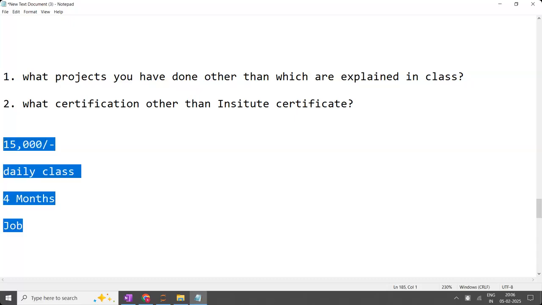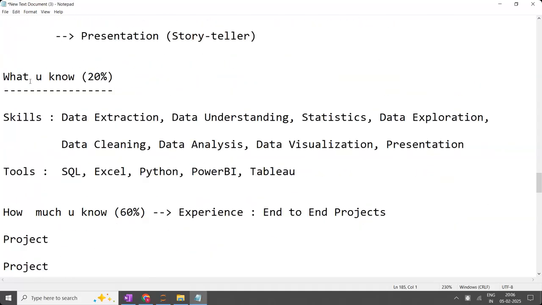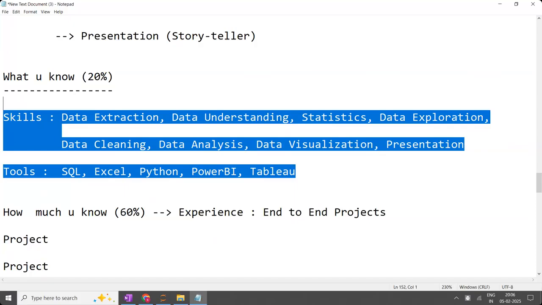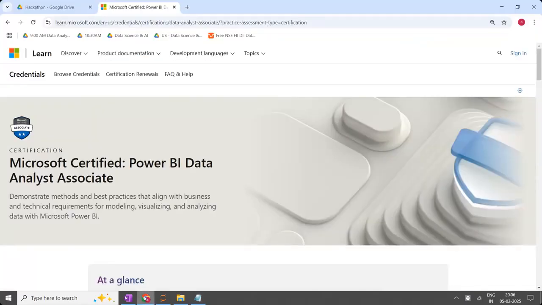Here, first thing is you have to learn the content. This is first. First, you have to complete this. After this, you have to complete the projects. After getting the subject, once you are familiar with the subject and it is strong, you have to do the Microsoft certification. And this Microsoft certification is an additional cost, which is not included in the course fees. This is a separate cost.